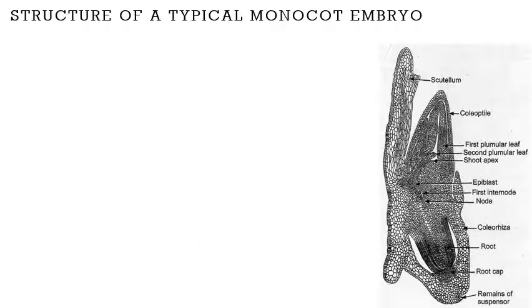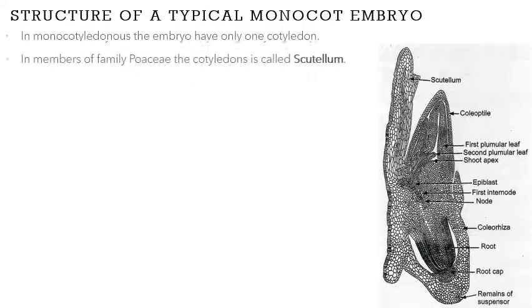So this is the entire typical structure of the monocot embryo. Let us see what the different parts are in this monocot embryo. In monocotyledons, the embryo has only one cotyledon, that is ek dal. In members of the family Poaceae, Poaceae is the grass family,